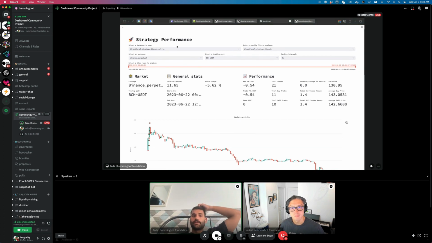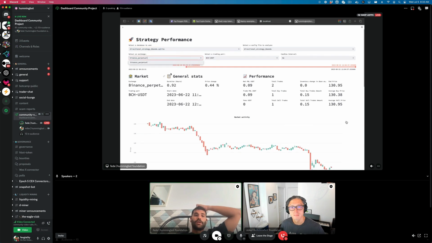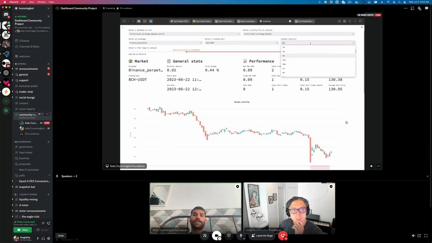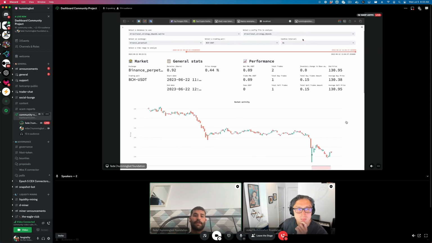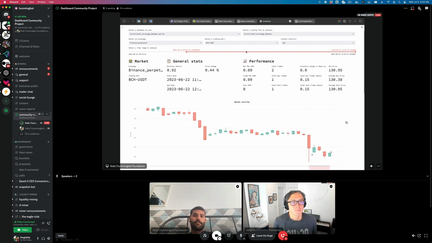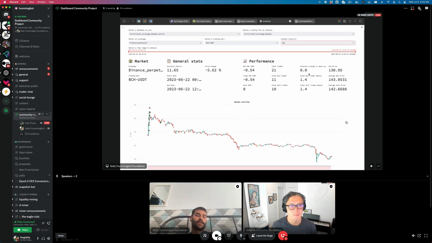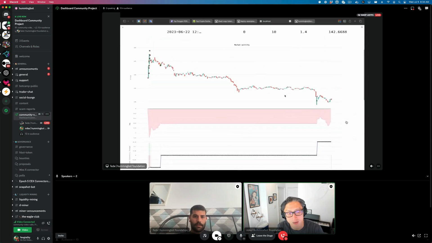It will let you select from the one database. You're going to be able to select the exchange that was traded there and the trading pair. So if you trade more than one trading pair, you can see the report of the performance of the strategy in different trading pairs. And if you change here, for example, the interval of the candles, you will see that now it is pretty fast. This is because, as I mentioned, I made this upgrade of collecting the market data in the bot. It's not limited to just